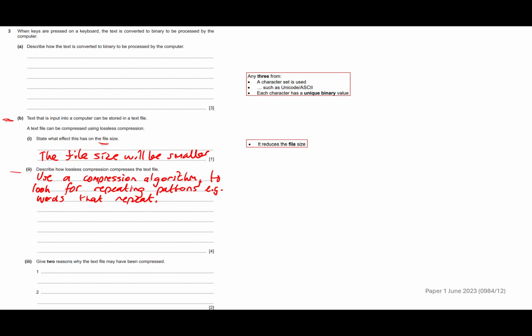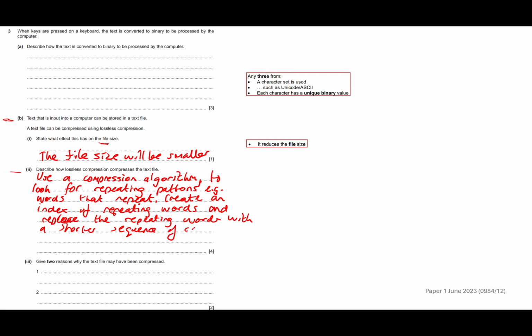Right, so let's talk a little bit more about what we're doing here. What we'd need to do is create an index of repeating words and replace the repeating words with a shorter sequence of characters. So for example, if you had the word "the" in your index, "the" would be replaced with,